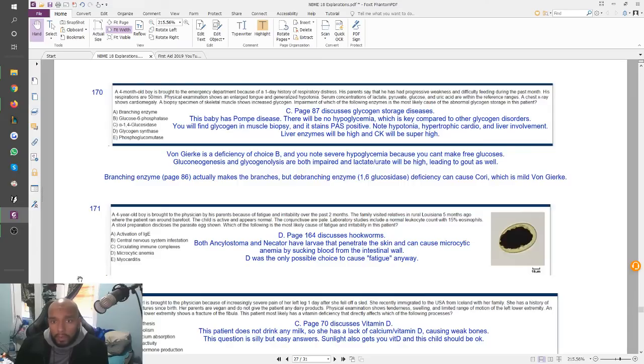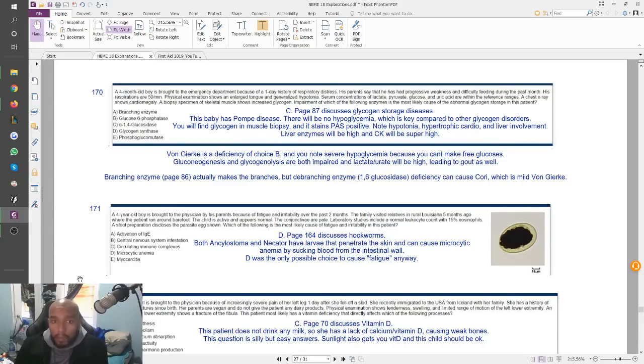Which of the following enzymes is the most likely cause of abnormal glycogen storage? So this is a glycogen storage disease, right? 4-month-old boy. They gave you a lot of information to be able to knock out all your other answer choices, and you just come down to Pompe, right? Because he has high glycogen. So the only answer choice you could pick is he must not be making alpha-1,4-glucosidase. Pompe, remember the first and the fourth letter are both P, so 1,4-glucosidase.